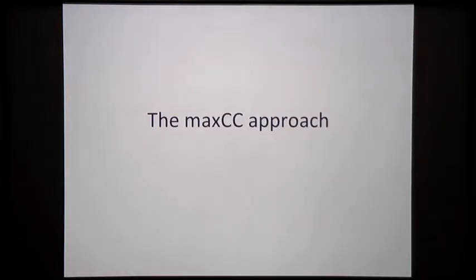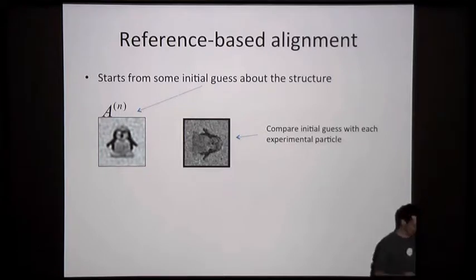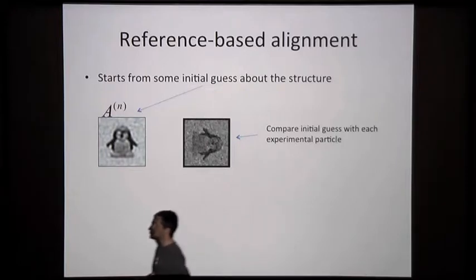Now, let's have a look at the maximum cross-correlation approach first, okay? So, we have some initial guess about our penguin, okay? And we'll come back later to what that is. And now, what we need to do is rotate this image with respect to that one until it fits best. As said, for your human brain, this is a very silly exercise and it's completely obvious. But for a computer, it isn't that easy, okay? So for a computer,